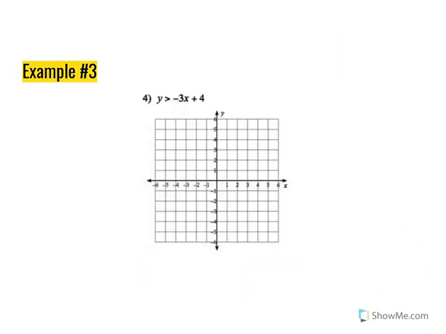I think I have another example. I do. Okay, so again, we're going to graph it as if this was an equal sign, but it's really a greater than sign. So we're going to start at the positive 4. This is really negative 3 over 1. Negative means it's going that direction. Can't really go up 3, so let's go down 1, 2, 3, over 1, down 1, 2, 3, over 1,